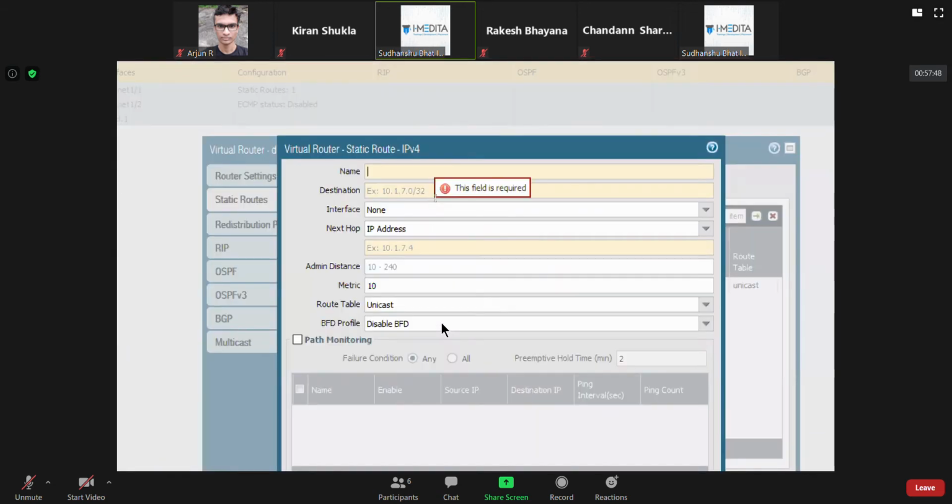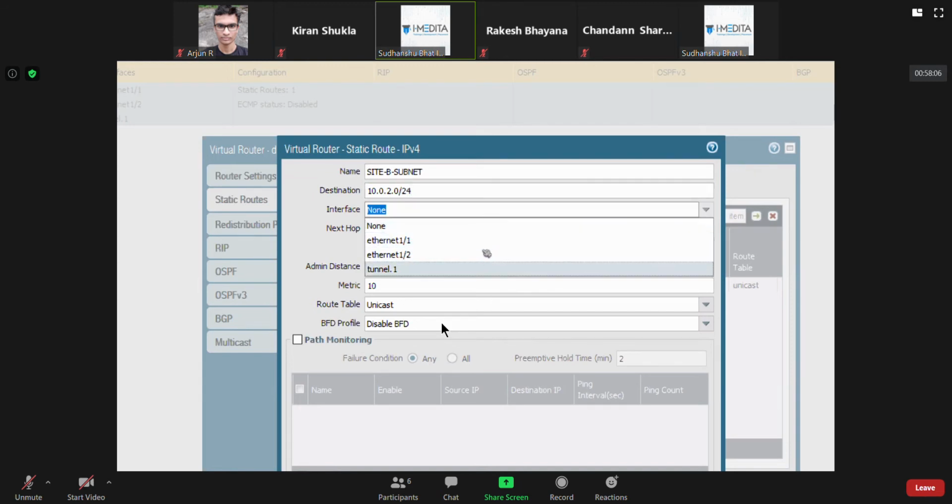Give it some name and specify the destination as 10.0.2.0/24.